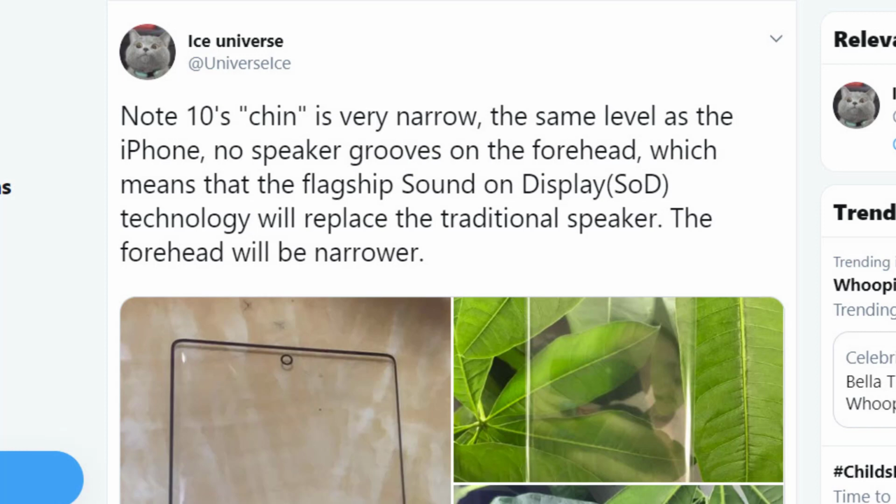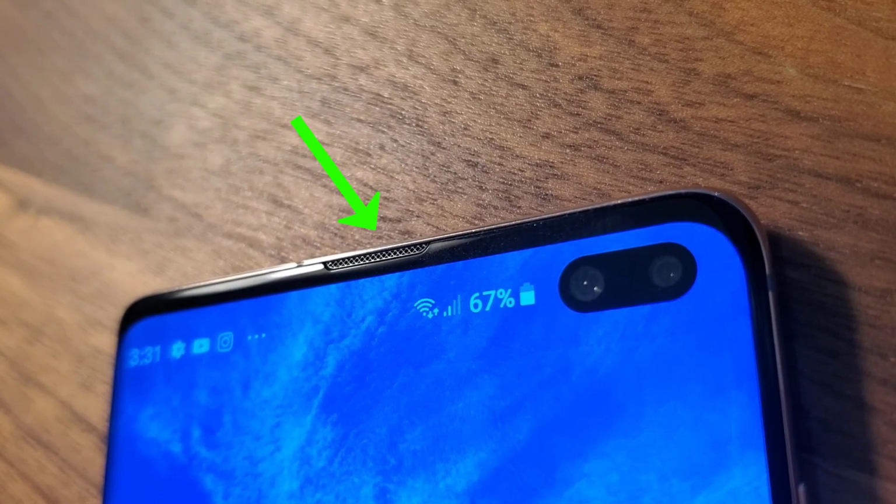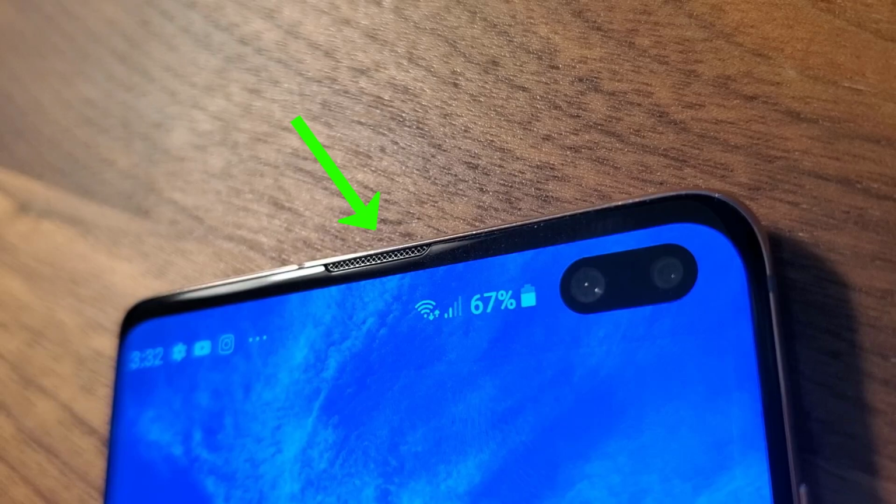If we continue reading the tweet, he says no speaker grooves are going to be on the forehead, which means that the flagship sound on display technology will replace the traditional speaker. The forehead will be narrower, even narrower than the Samsung Galaxy S10 Plus over here. But the highlight of this tweet is not the bezels, it's the sound on display technology. And of course, this speaker groove that you see on the forehead will be gone on the Note 10